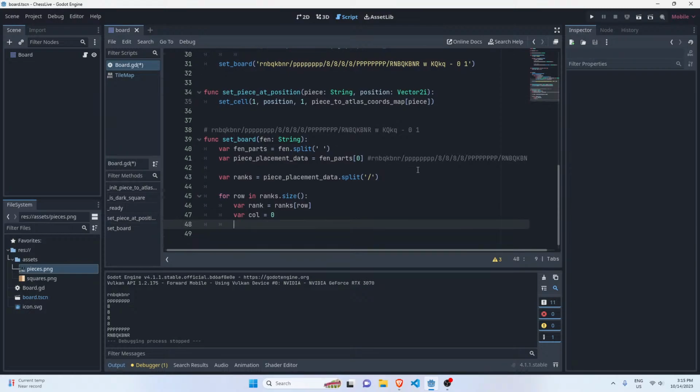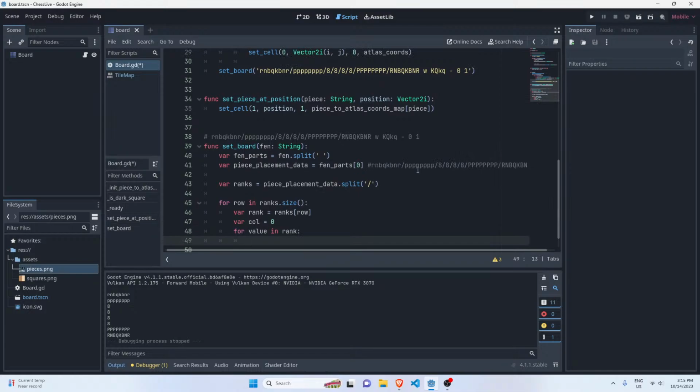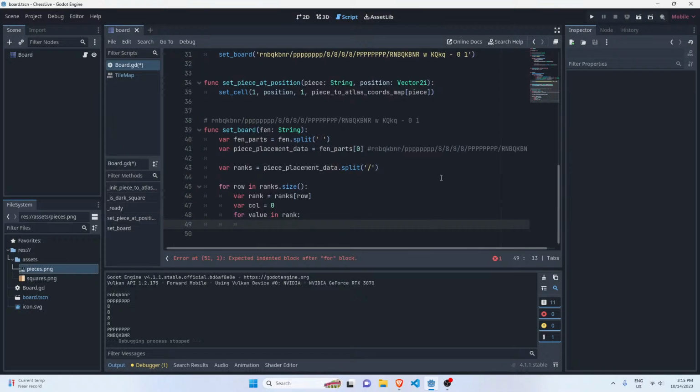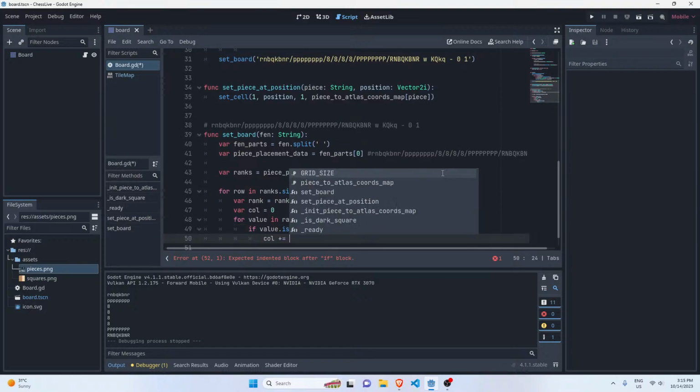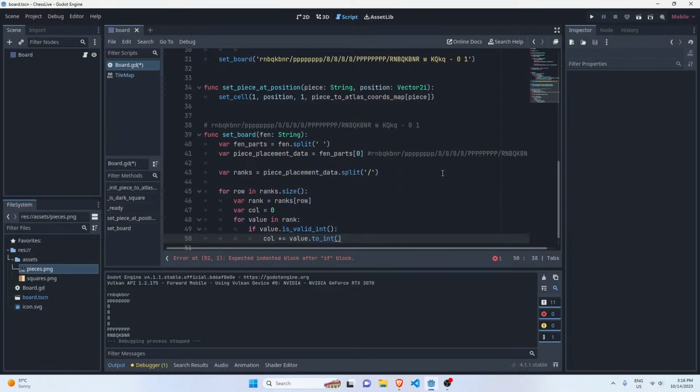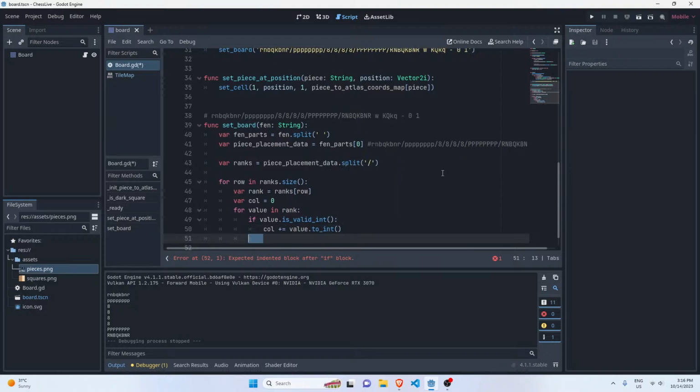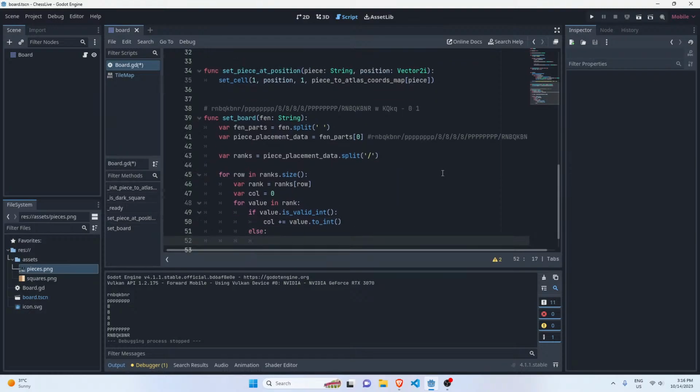And let's go ahead and now iterate for value in the rank, and now we need to check if the value is a number or if it's a piece. So if the value is a valid integer, which works perfectly for us, then just skip that many. So I'm just going to increment column by that many, and else, now you know it's a piece,